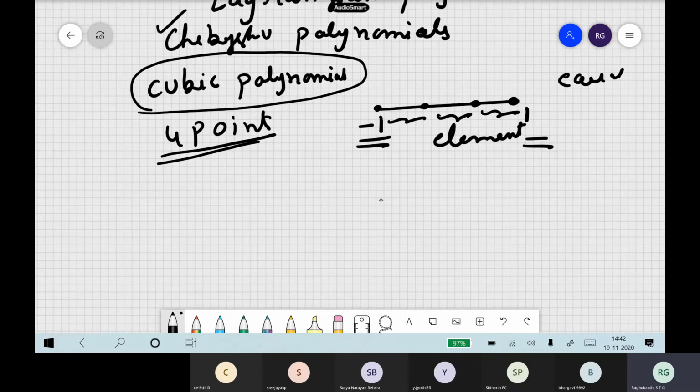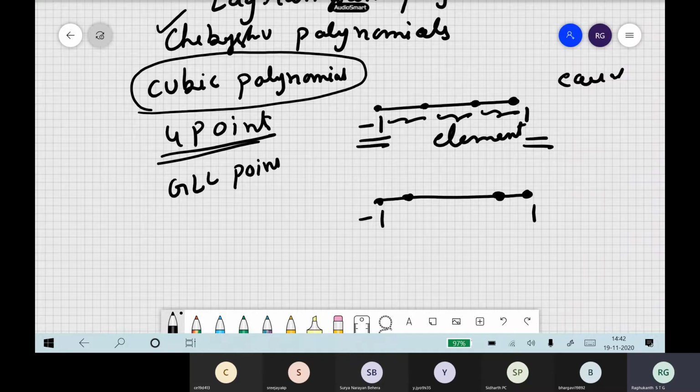But in spectral elements, what do we do? What are those points, plus or minus root of 1 by 5? GLL points basically, GLL points only. So the points which are used for integrating the function are the same where these interpolating polynomial nodes are located.